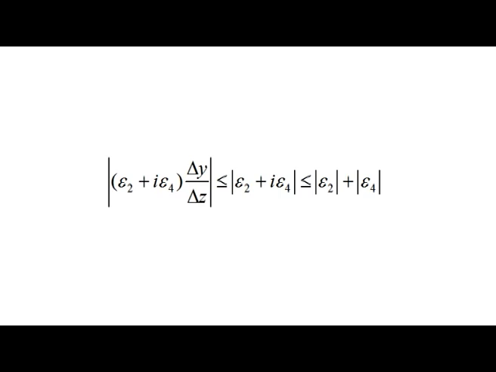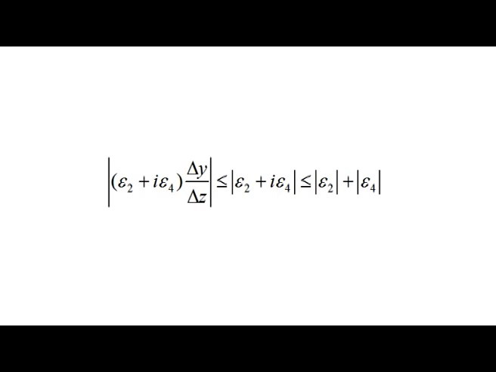Again we have delta y by delta z is less than or equal to 1. This I can write as less than or equal to modulus of epsilon 2 plus i epsilon 4, which is again less than or equal to mod epsilon 2